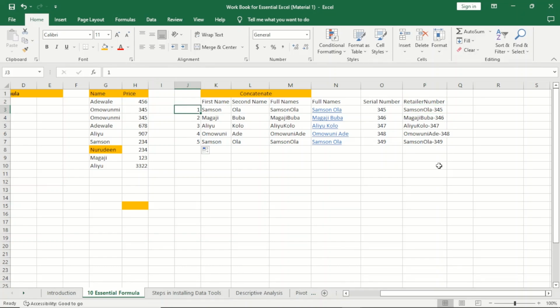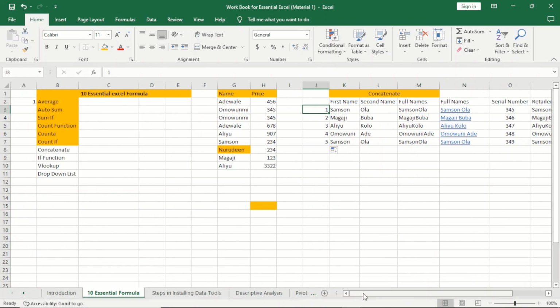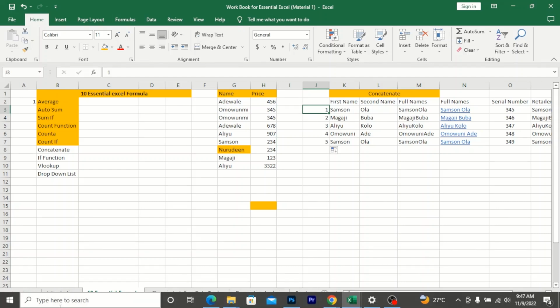So that is how to use concatenate. It's very, very nice to use and very sweet if you know how to maneuver, because I will really love us to practice everything. But before then, we have